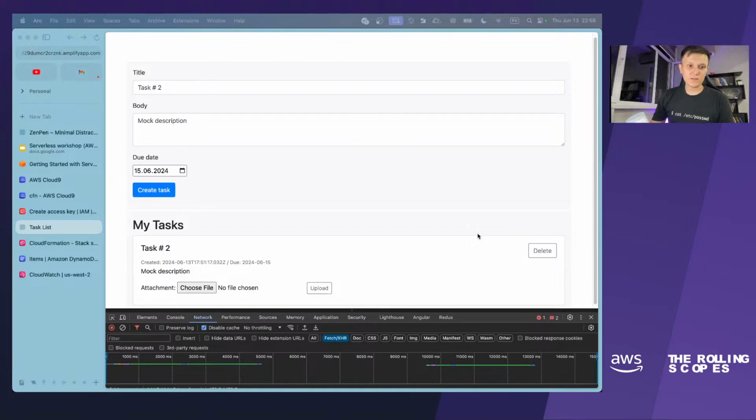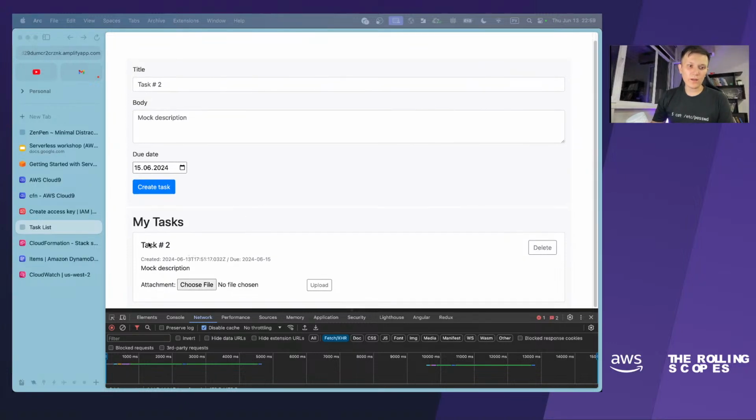Okay, and now we will try to add this Rekognition feature to detect something on images that we will upload here.